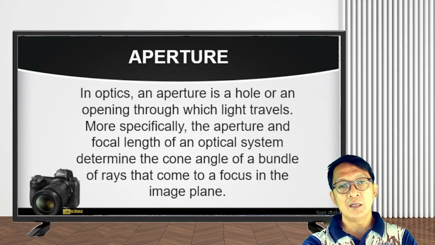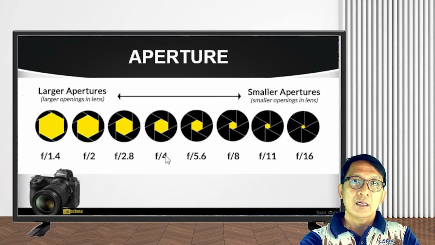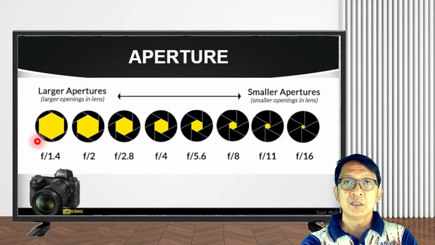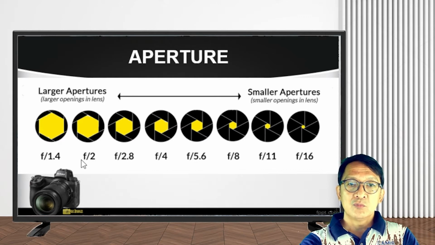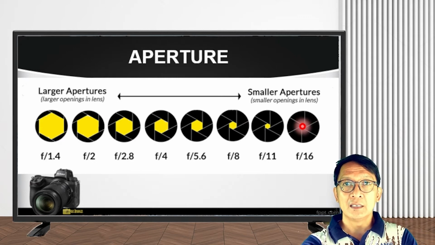So pag mababa yung aperture nyo, halimbawa, dito yung image niya, no? Halimbawa, ang aperture nyo f 1.4 or ito yung f-stop nyo is 1.4, ibig sabihin malaki yung opening ng lente nyo. Then pag tumaas kayo f2, f2.8 hanggang f16, makikita yung kulay dilaw sa f16, sobrang liit na. So, ibig sabihin, ganun na lang kaliit yung pumapasok sa camera nyo na liwanag.